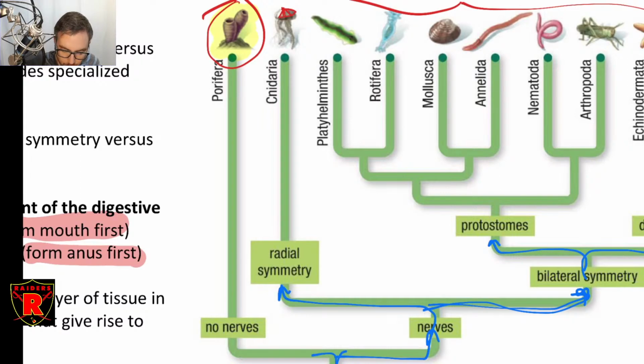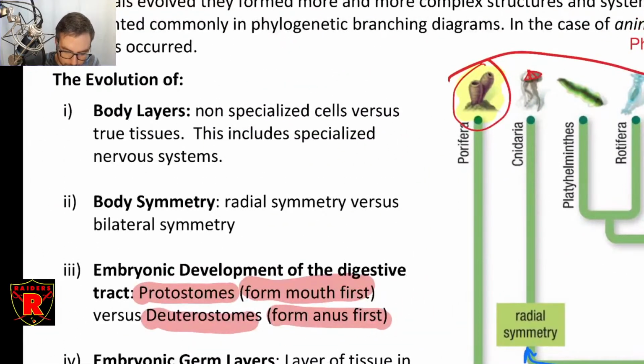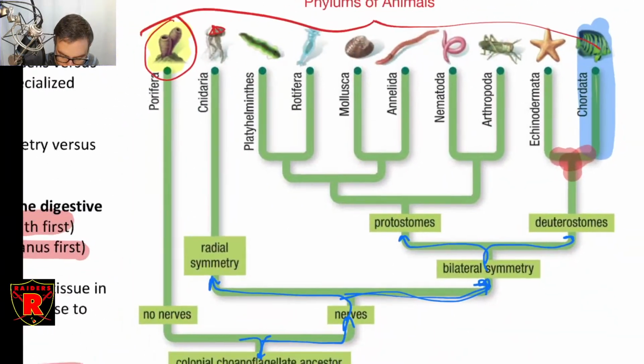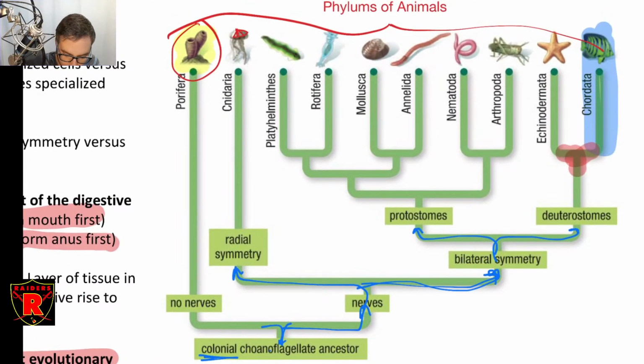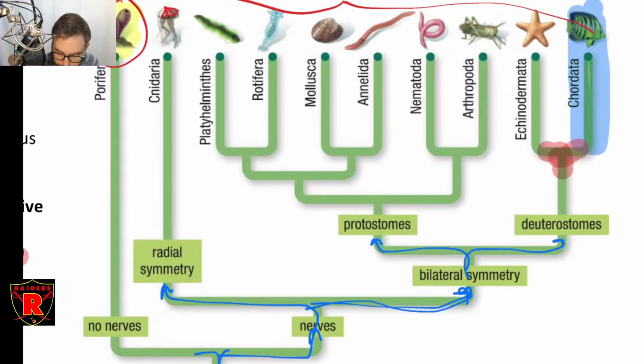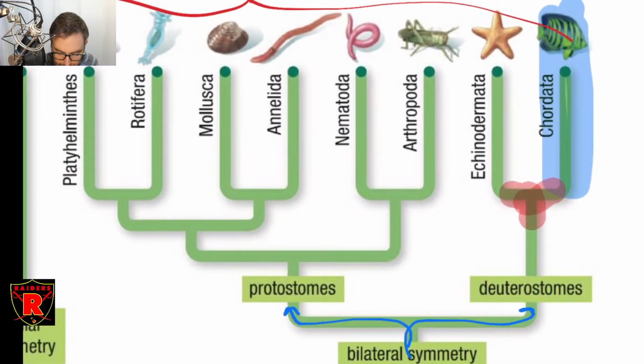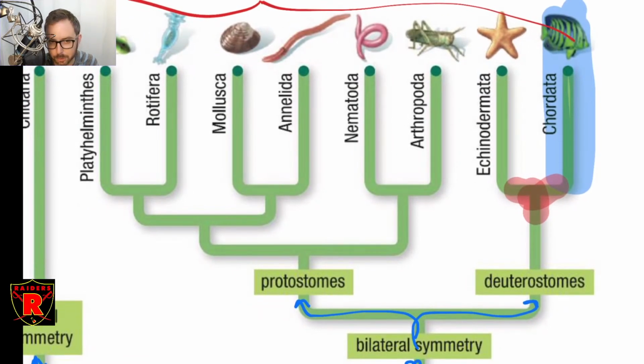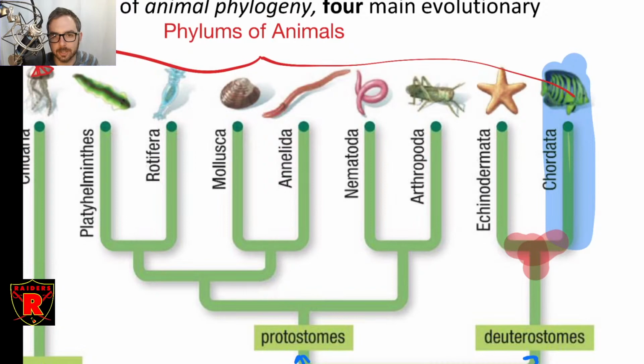So we also split them up based on the idea of symmetry, and I mentioned this as well in the dichotomous keys lesson. Porifera, sea sponges, and cnidarians are radially symmetrical, and pretty much everything else in the animal kingdom is bilaterally symmetrical. So bilateral symmetry is a very early evolved characteristic. Okay, all these ones on the right side here are bilaterally symmetrical.